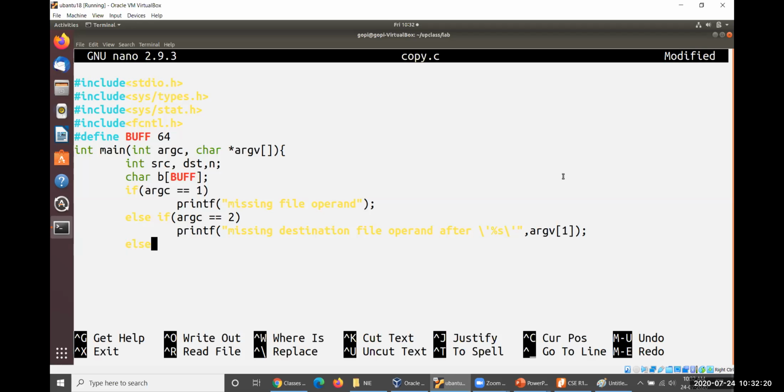Else, it is also not satisfied. Arguments are not equal to 1. Arguments are not equal to 2. We have given 3 arguments. Okay, 3 arguments. So otherwise, we would like to check that. So else if, we would like to check that